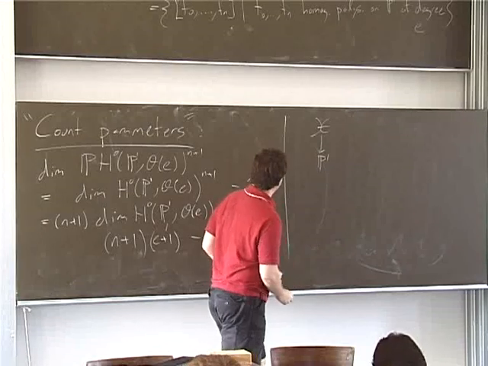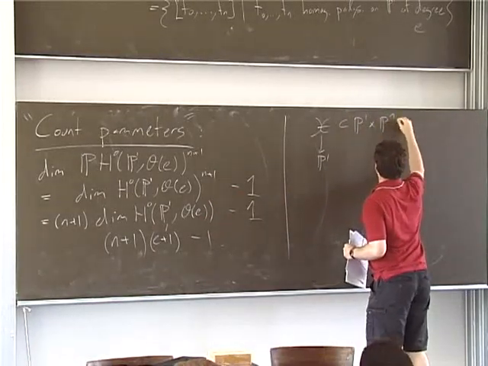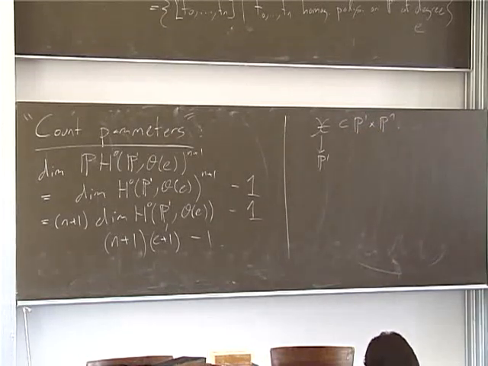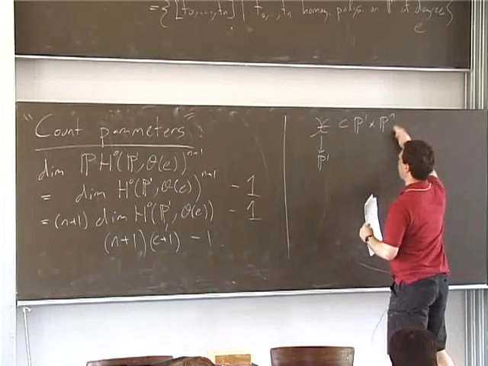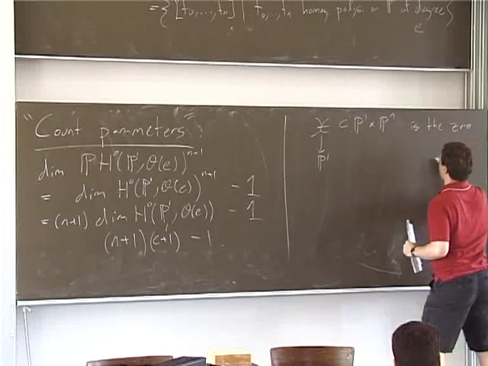So now script X sits inside of P1 cross Pn. Let script X, this integral model, be such that we want its generic fiber to be defined by a single polynomial. So we can choose this to be defined by a single polynomial. So X is the zero locus